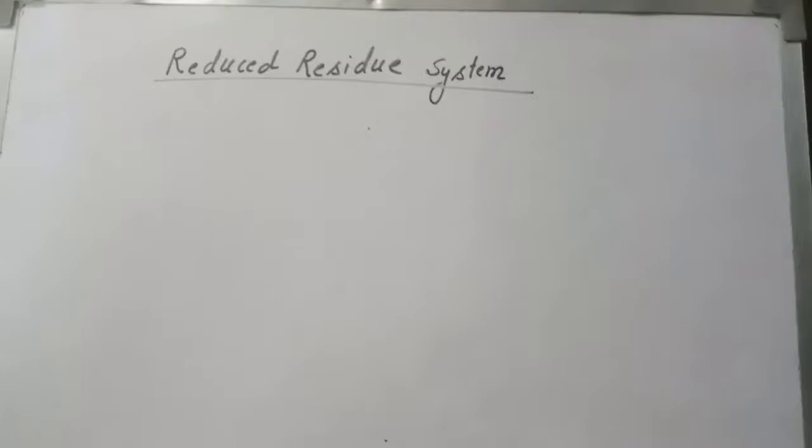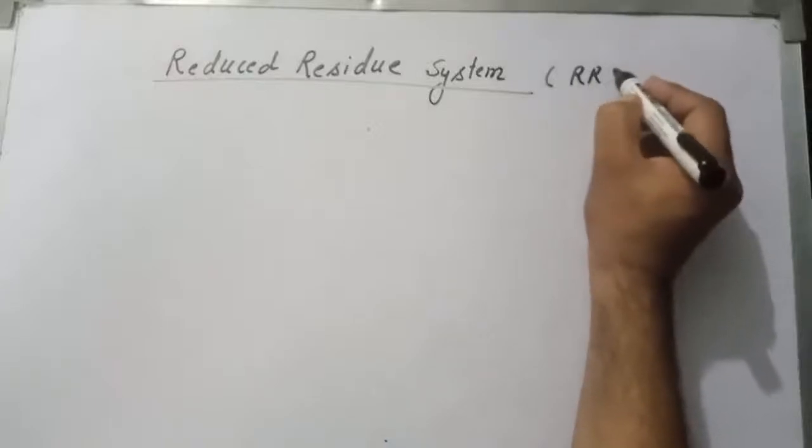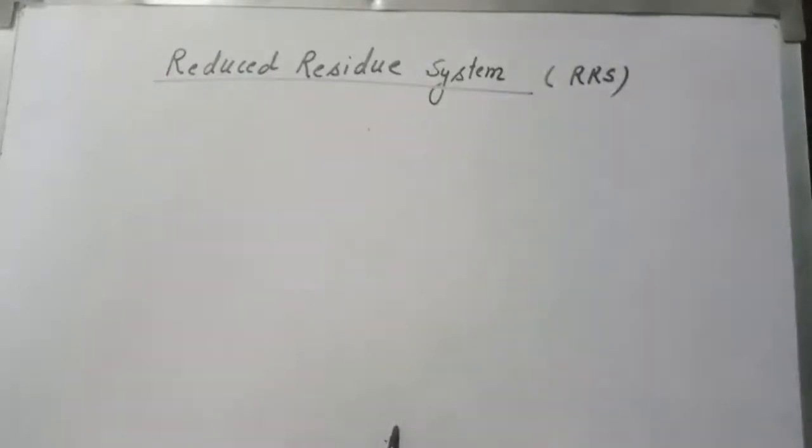In the last lecture of number theory, we have studied complete residue system modulo m, where m was a fixed integer. So in the continuation of that lecture, today we will discuss reduced residue system, popularly known as RRS. In this lecture we will discuss what is the meaning of reduced residue system, why it is called reduced residue system, and what are the properties of reduced residue system.